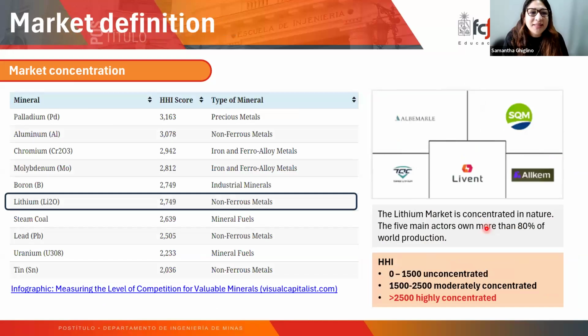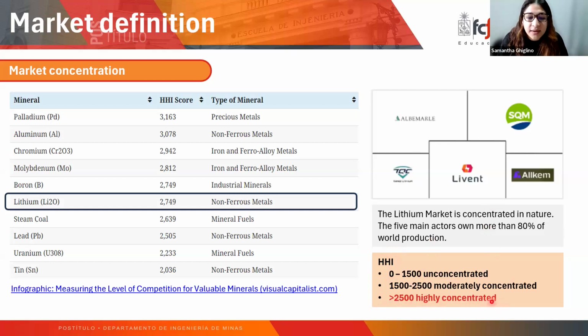Okay, so for the market definition, for the market concentration, we didn't calculate the HHI. It was kind of hard for us to obtain enough data to do the calculations, but we did find a source of an index that was calculated in 2022, if I'm not mistaken, with an HHI score over 2,500, which according to the scheme that was defined means that the production or the market